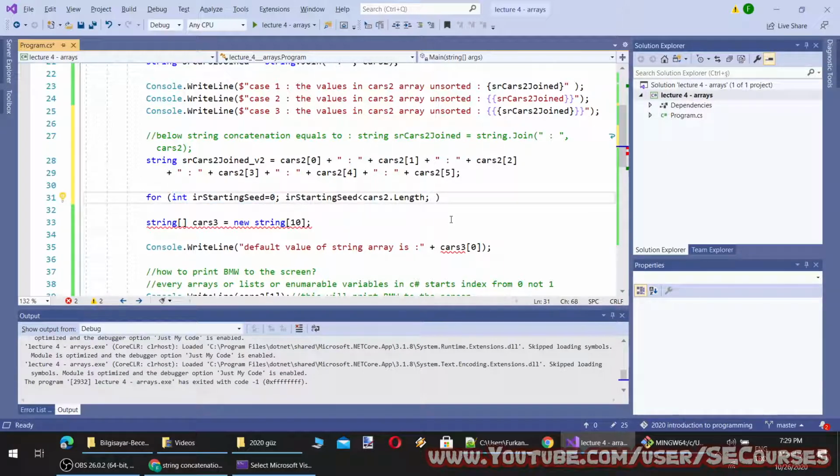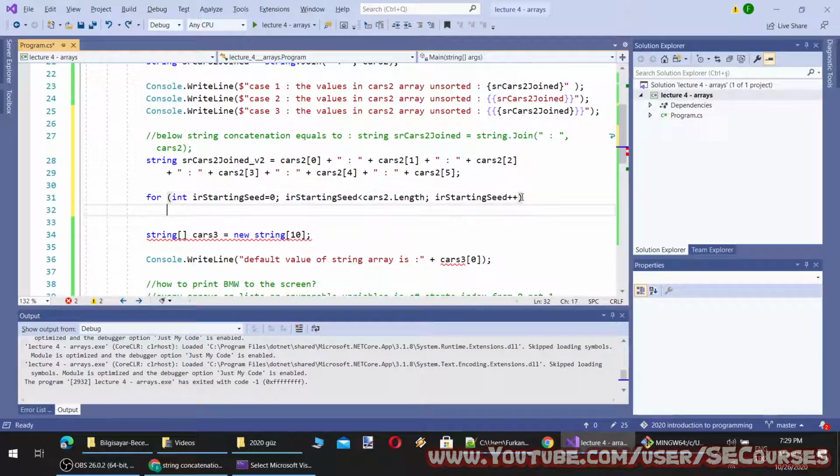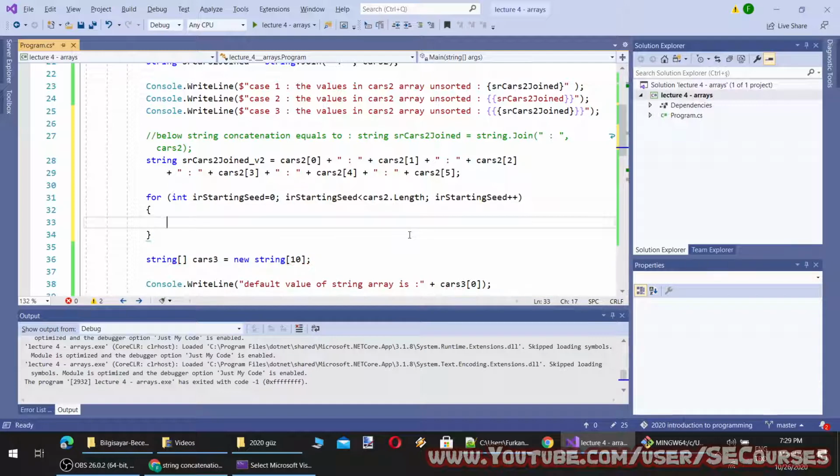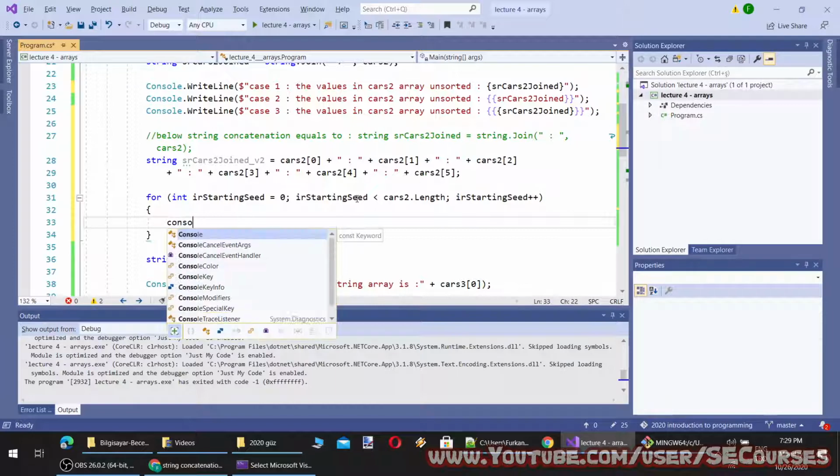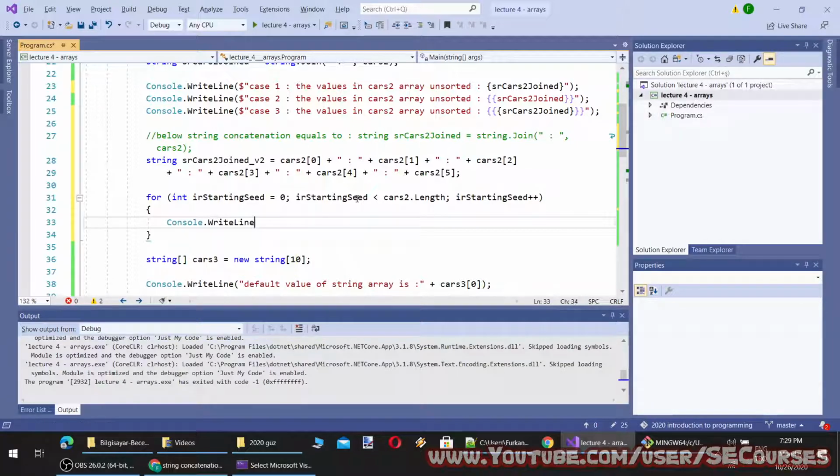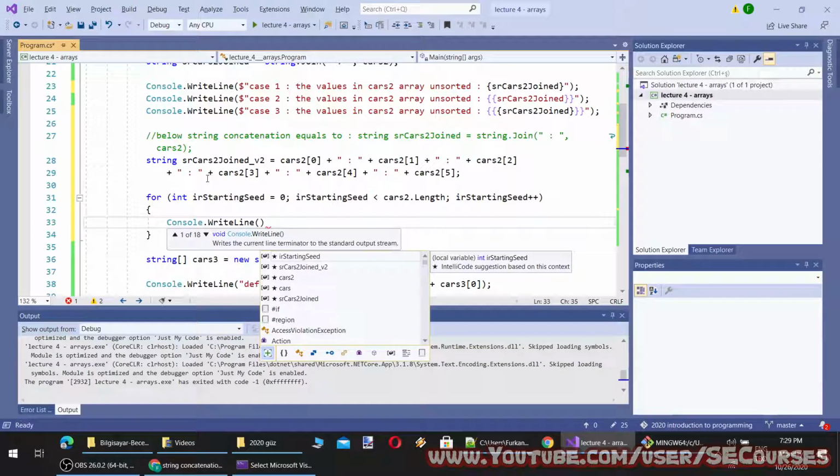And at each step, it is going to increase the seed by 1. Or alternatively, I will show you an alternative writing as well. So now we have a loop. Okay, and let's hide our loop screen.